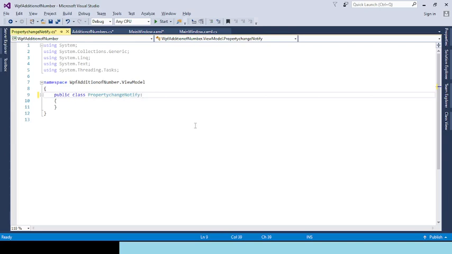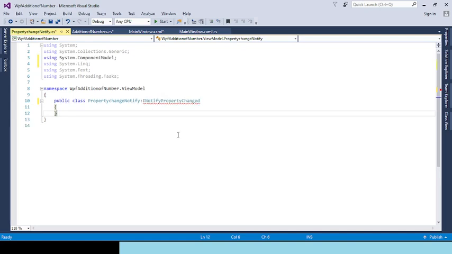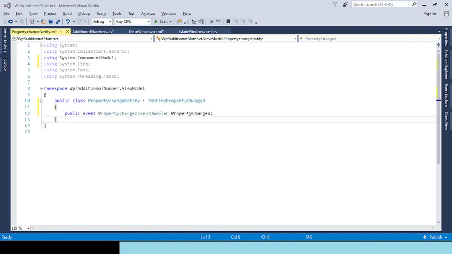Write down INotifyPropertyChanged class, using System.ComponentModel. See, INotifyPropertyChanged, then go for implement interface. In this way we implement the interface, and